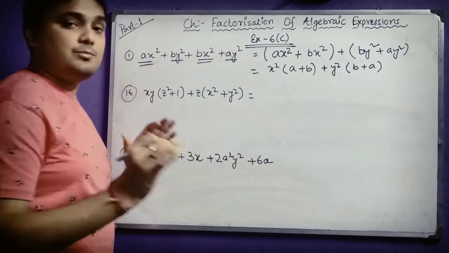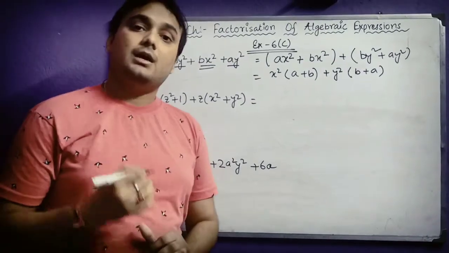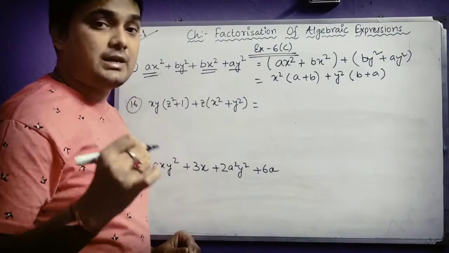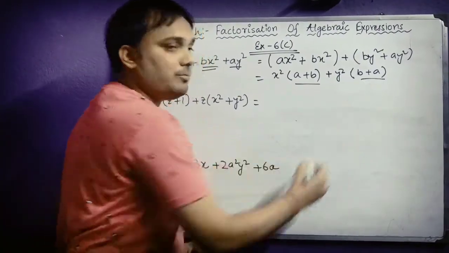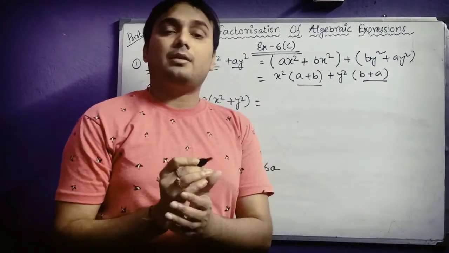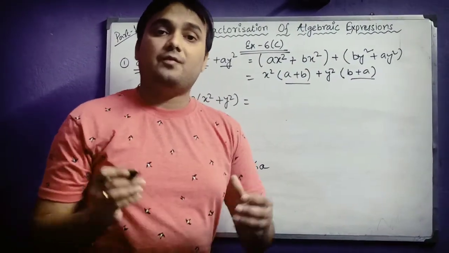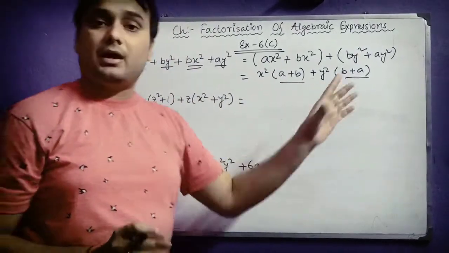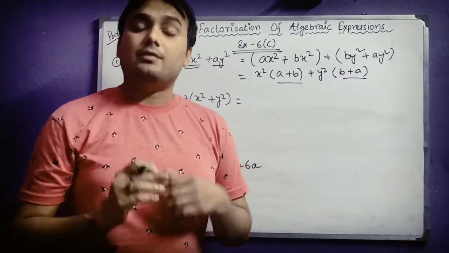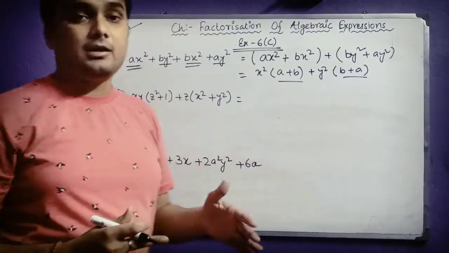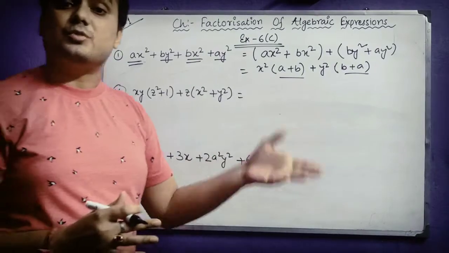Now students, this is the most important part where you have to realize whether your calculation is correct or not. The most important thing you have to understand here is that this bracket part should be same. In case you have made a wrong group, if you have selected the wrong terms together, then what will happen? This bracket part will not be same. Then what will you do? You have to cut the calculation and then do it again by taking other terms together.